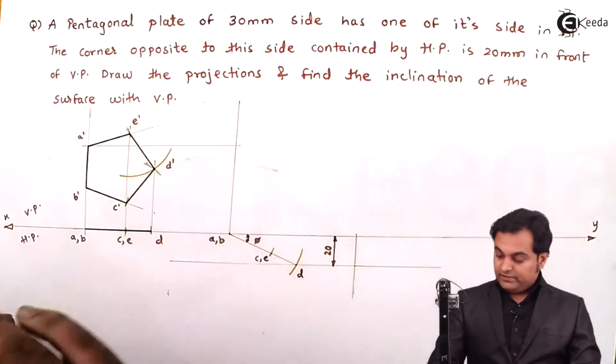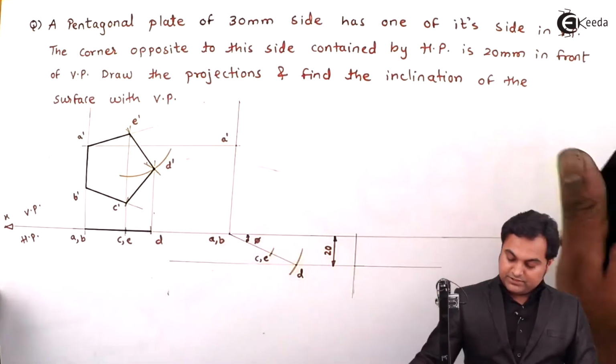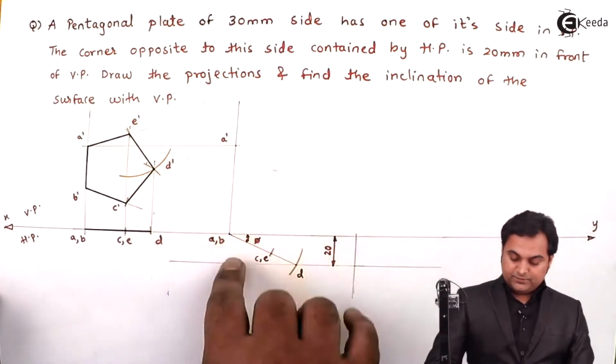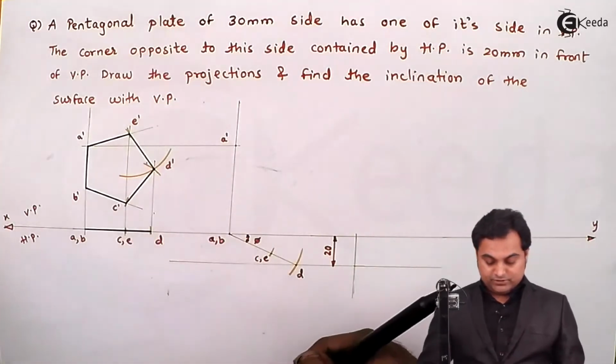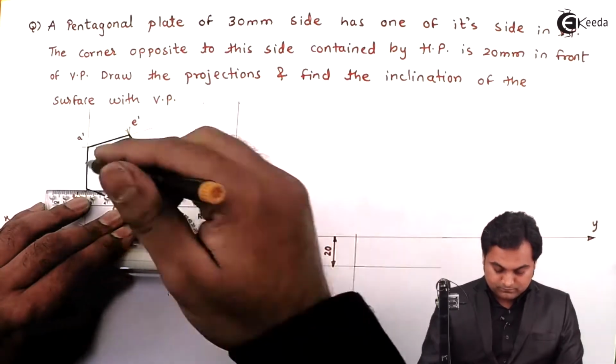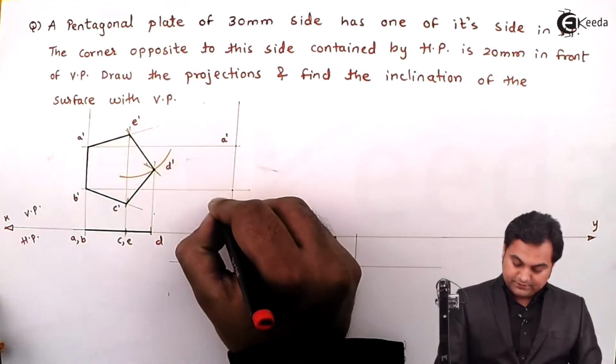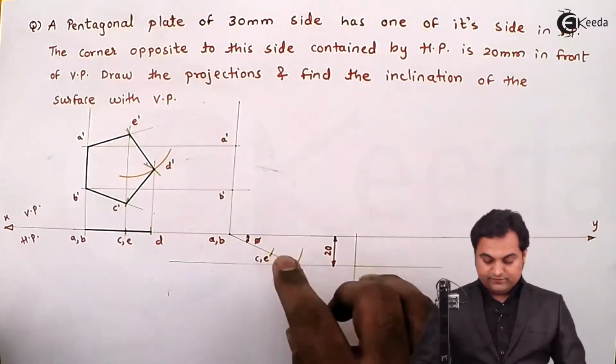So where A and A dash they intersect, that will give me the point A dash. On the same line there is point B as well, so B dash will be projected. Getting B dash. Then for C and E,